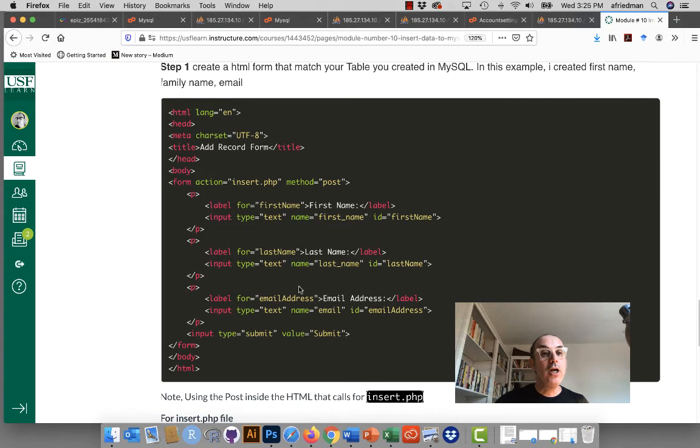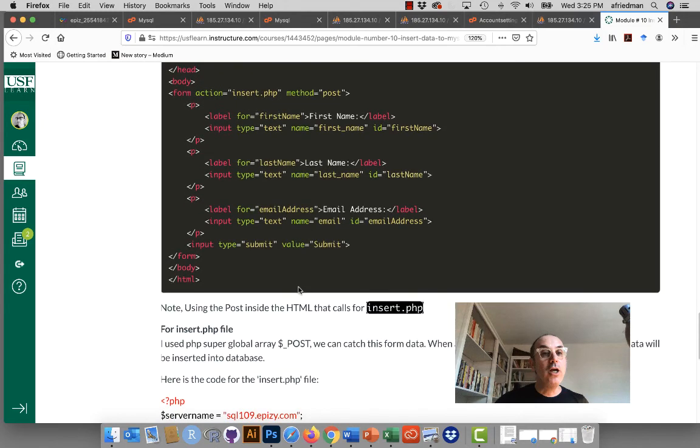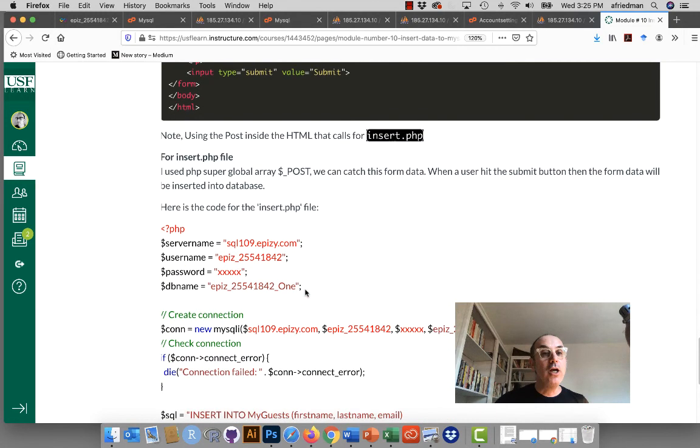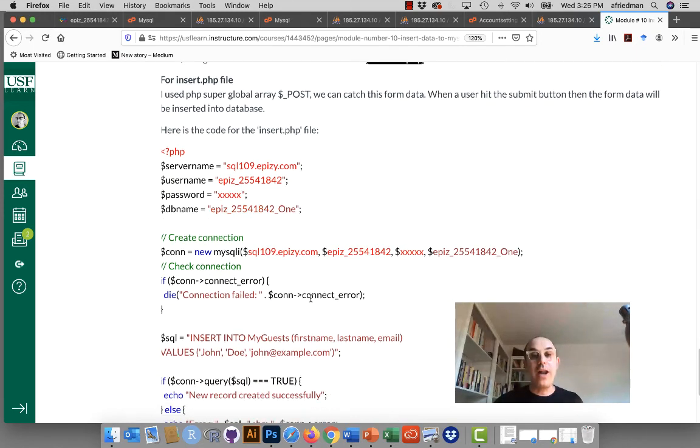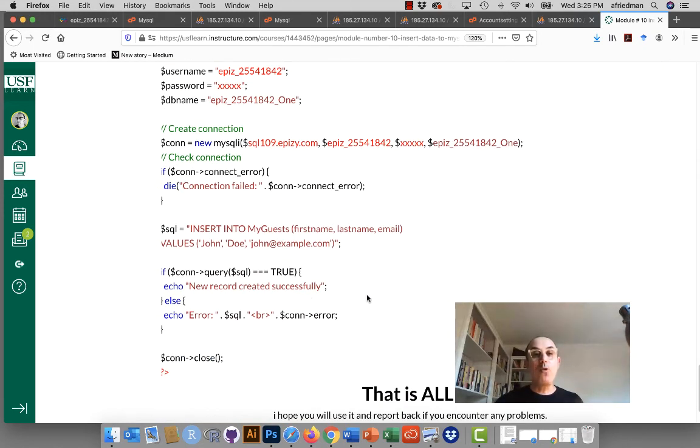I'm going to apply the action as insert.php, and the method that I used was post. So the insert basically is the idea that I need to connect to my database, and this is how the insert.php will look like. The start of PHP, the server name, the username, the password, the connection, and then I'm going to ask